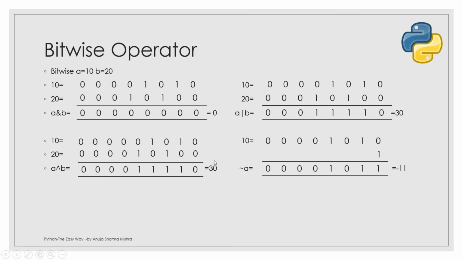Now for the complement value, in many of the texts you will find that to apply the bitwise NOT operator, it simply finds the one's complement of that number. But here what you are actually doing is, you have 10 and I want to find NOT of 10. Okay, so I'll add 1 to my least significant bit, and here the result is this, and when I convert it into a decimal number it's 11, but this time it is negative 11 because I have complemented it, so you will get minus 11 as your result.